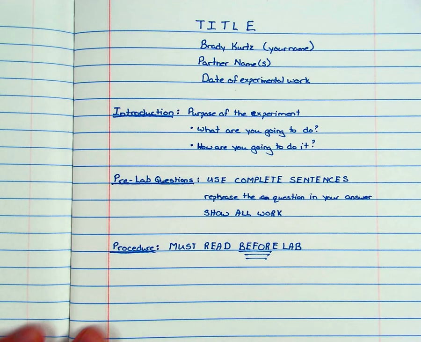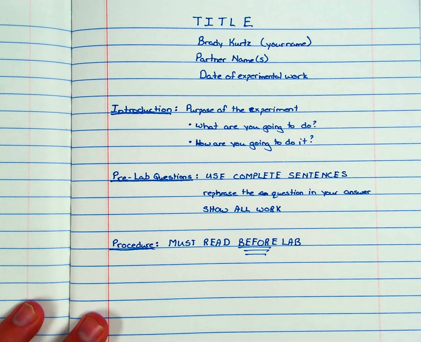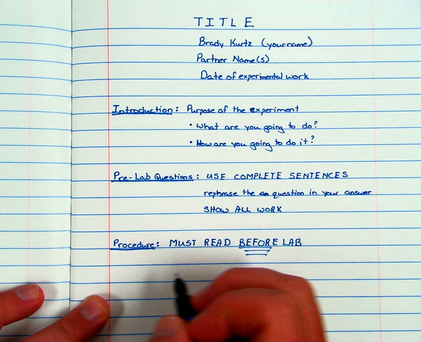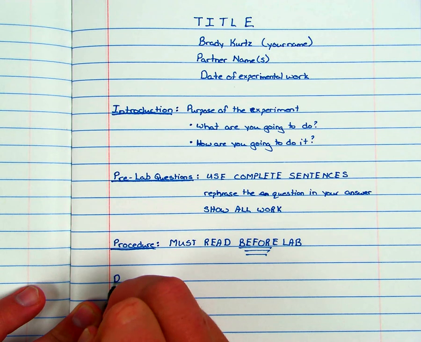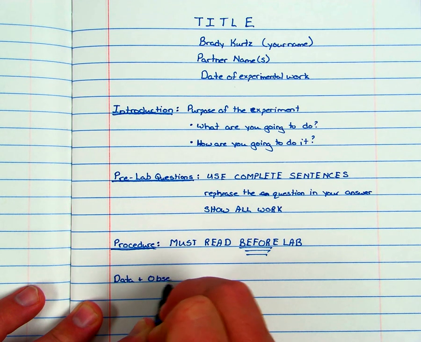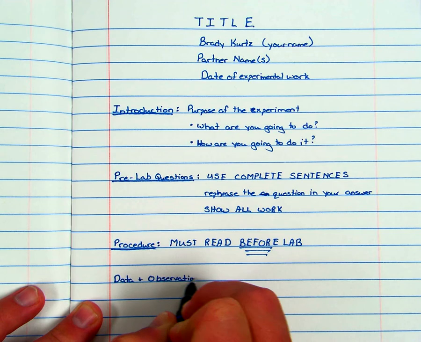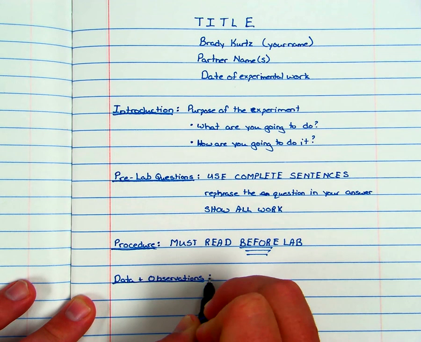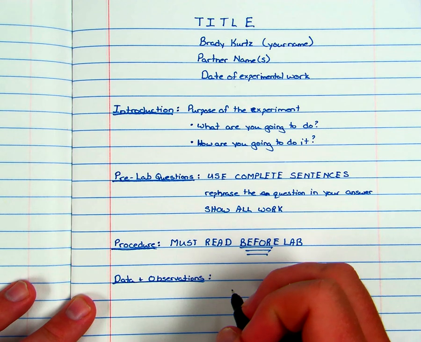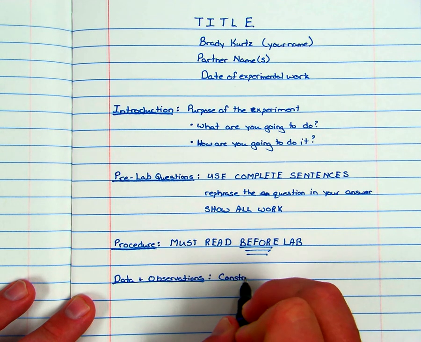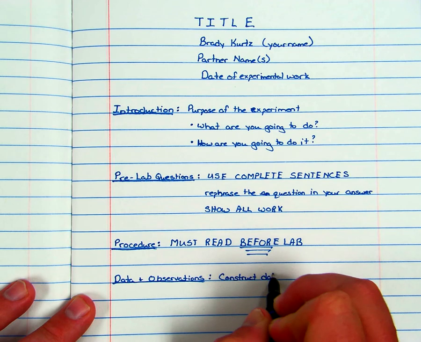There's really only one other thing that you might have in your notebook before we start, and that would be any data tables. So next section will be data and observations. What you need to do is you need to get data tables in here. You need to construct them yourselves. Okay, construct data tables neatly